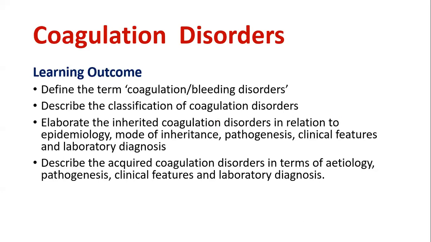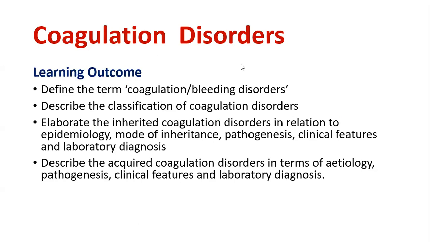The learning outcome for this topic is that you should be briefly knowing about what is coagulation and bleeding disorders. We have already introduced you to the bleeding disorder, so more on coagulation disorders now. I've done a brief introduction. You should be able to describe and classify the coagulation disorder, elaborate the inherited coagulation disorders,